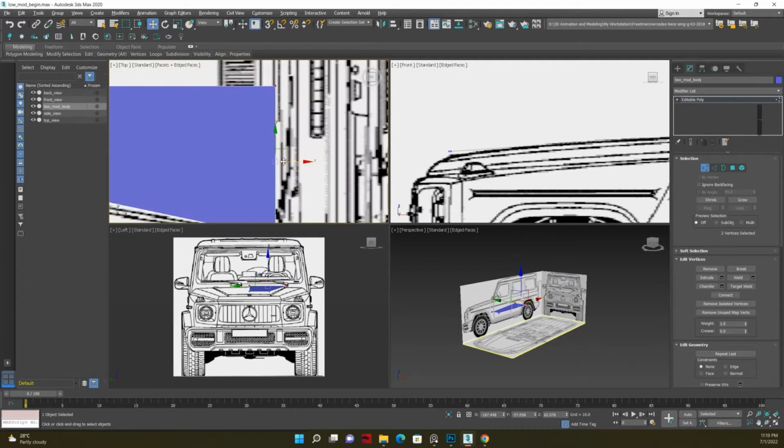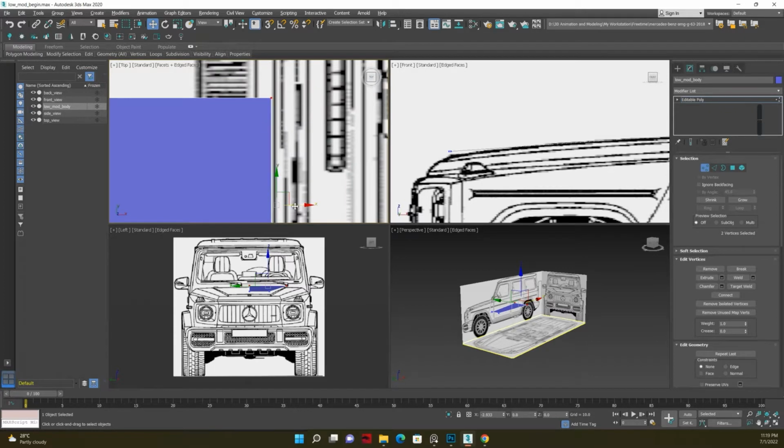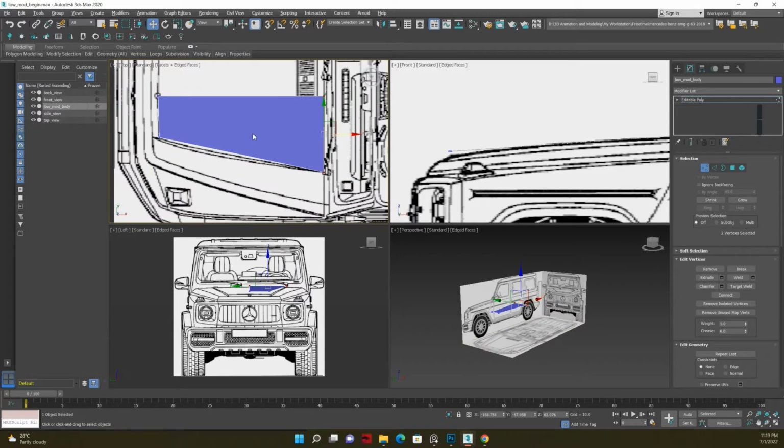Select both of them. I will move into the left side. Alright,